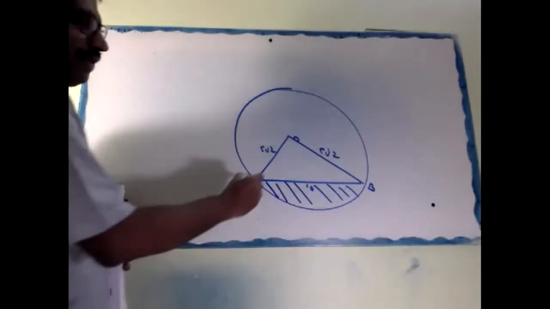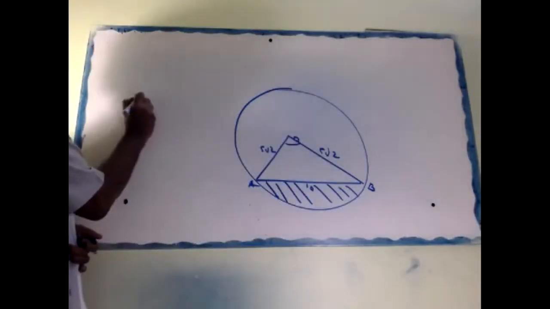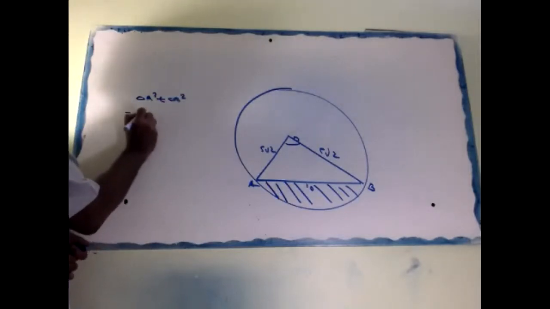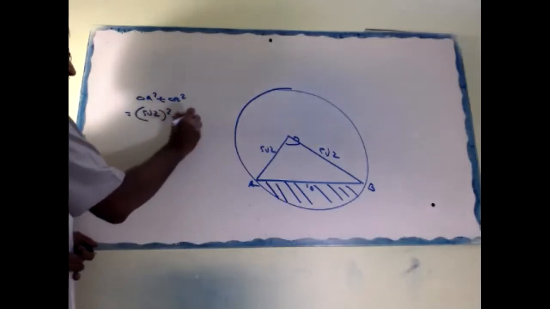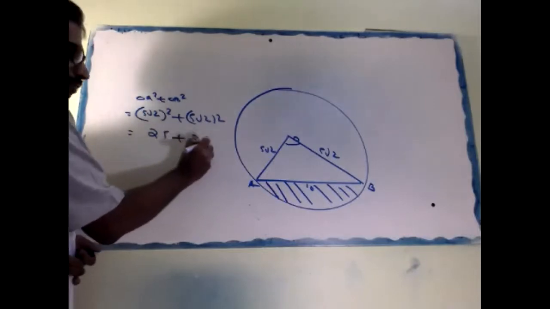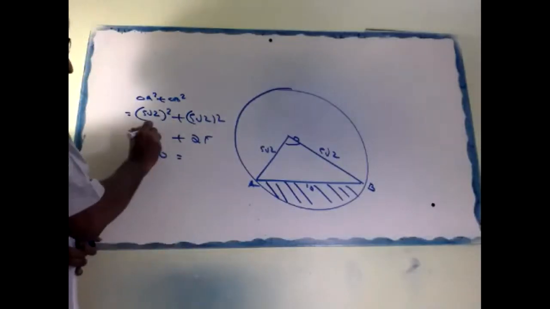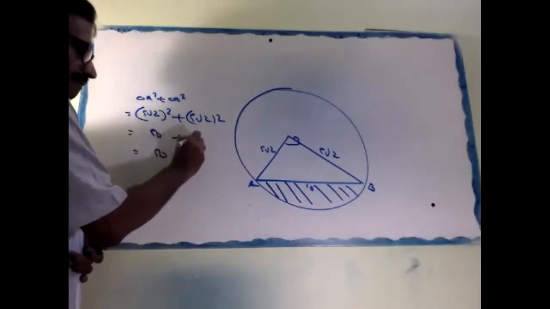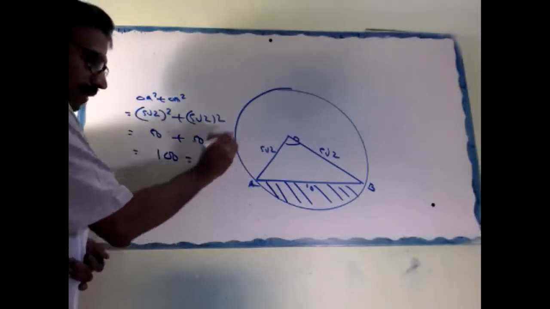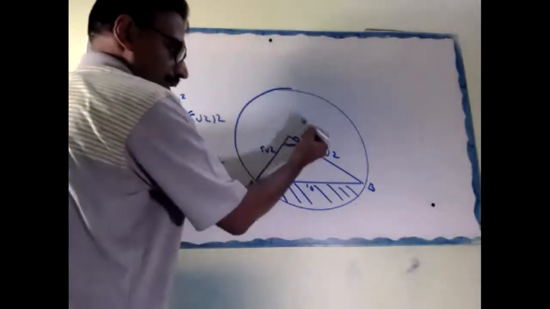First of all, we have to get the triangle at this angle here. So we just check OA square plus OB square equal to 5 root 2 whole square plus 5 root 2 whole square. That is 25 plus 25 equal to 50, it is 50 plus 50. That is 100, which is equal to AB square. Right? So that means by converse of Pythagoras theorem, this angle is 90 degree.